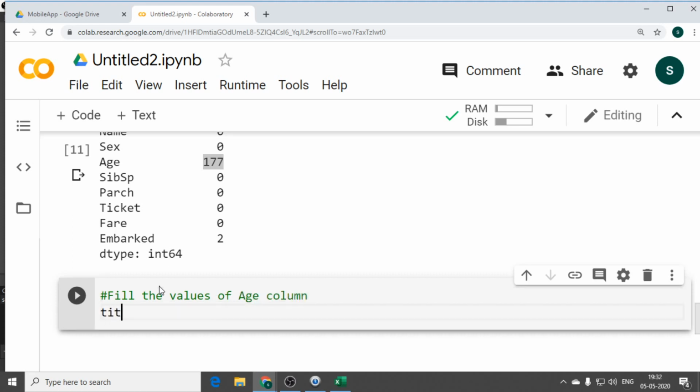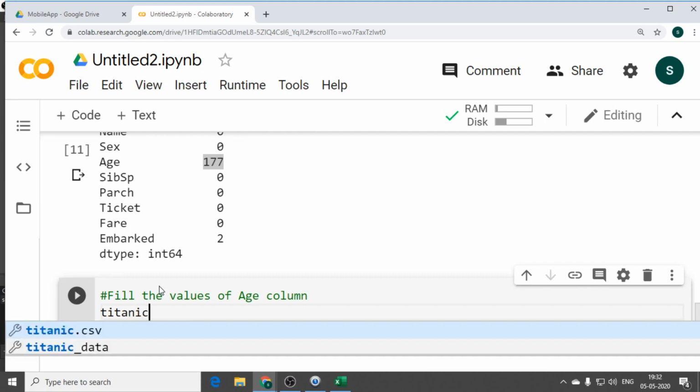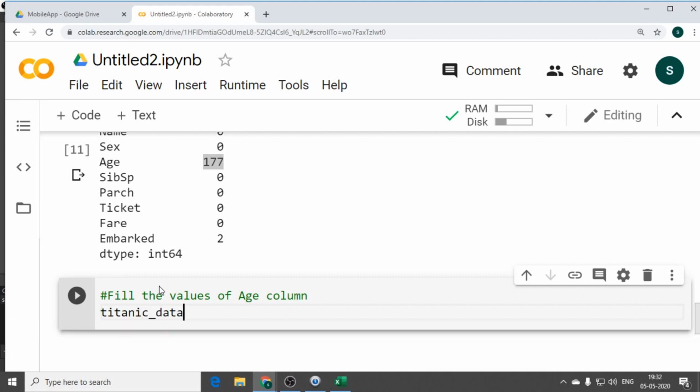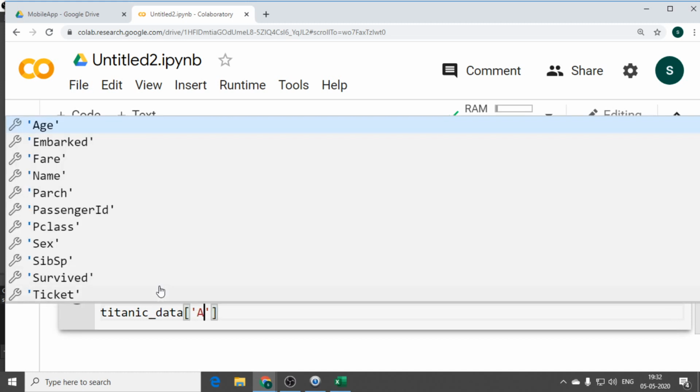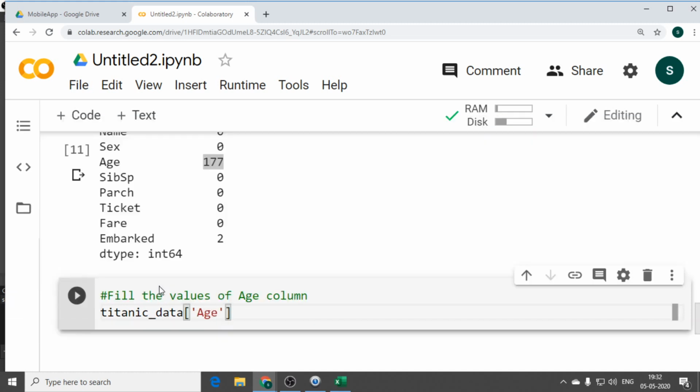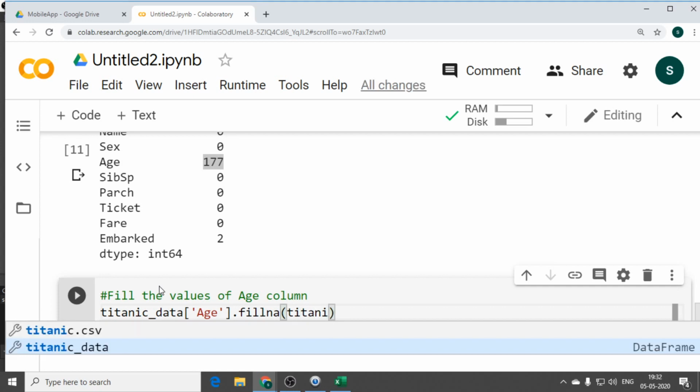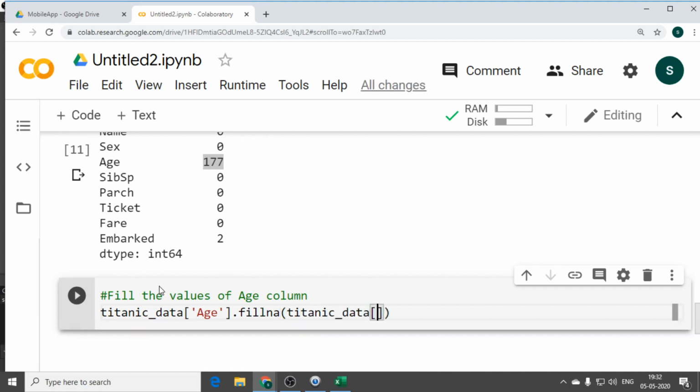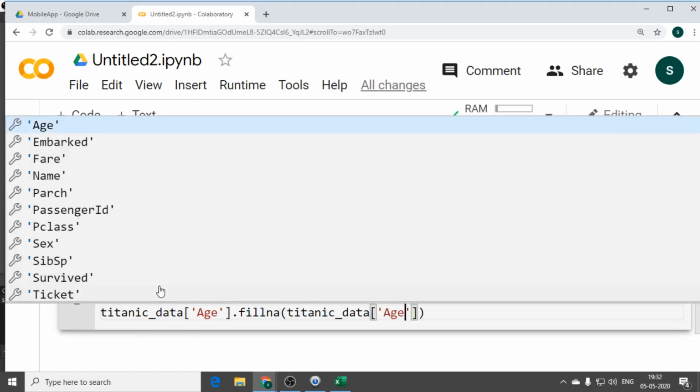For filling, you can take titanic_data of, what is your column name? Age.fillna. Fill null values of which data? titanic_data of age.